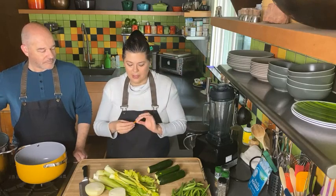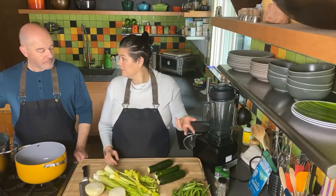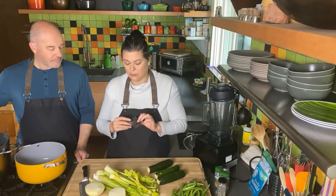I usually keep them in the freezer when I do it this way, so that I can just toss them into my smoothies or whatever I want. So we're going to add that in there. And you can also do the same thing with ginger, because ginger would be good. Sure, absolutely. And then I'm going to throw in, while the broth is cooking, a little kombu, because kombu